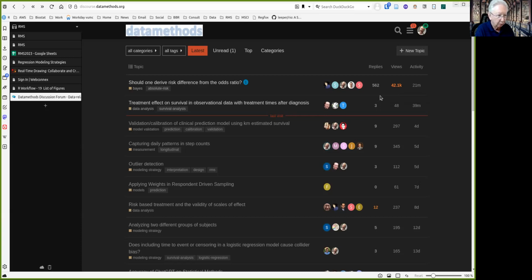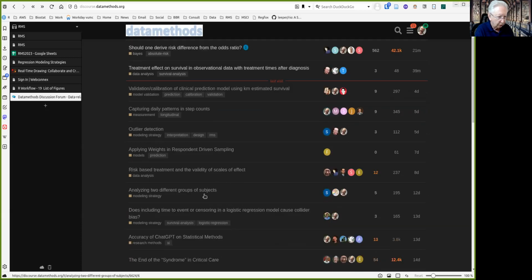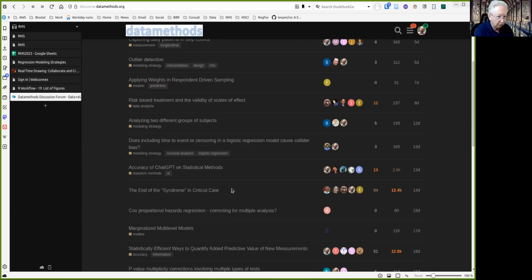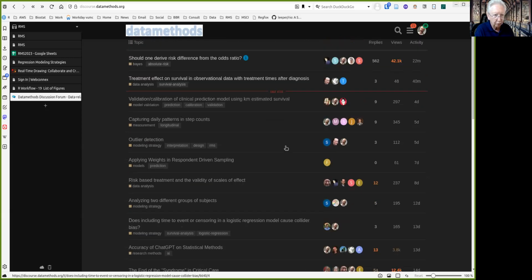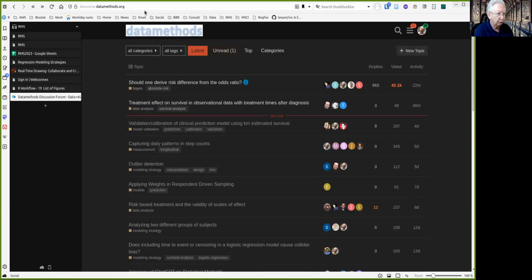But you can see the topics are very varied: validation and calibration of a clinical prediction model using Kaplan-Meier estimated survival, capturing daily patterns and step counts, analyzing two different groups of subjects, does including time to event or censoring in a logistic regression model cause collider bias. So there's a huge variety of subjects, but if you go to